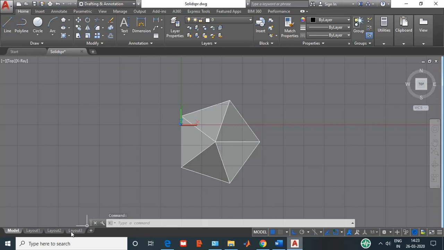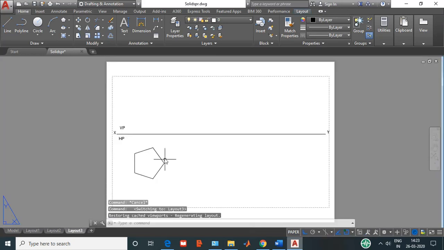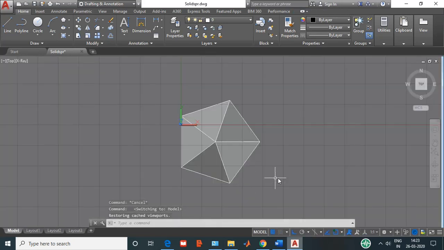In this layout, the drawing, I have drawn the outside profile of the pentagon. But from the top view I can see this apex also, and I can see these slant edges which are connecting from each corner to the apex. So this is a very important thing in a pyramid. When you are drawing the pyramid in the top view,